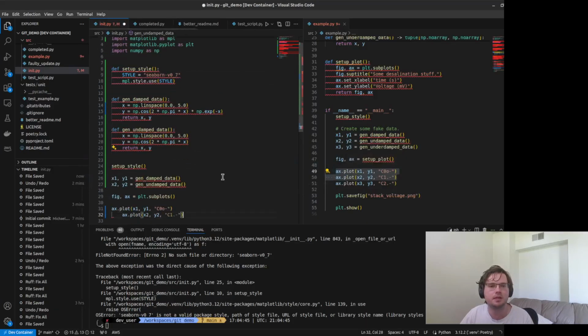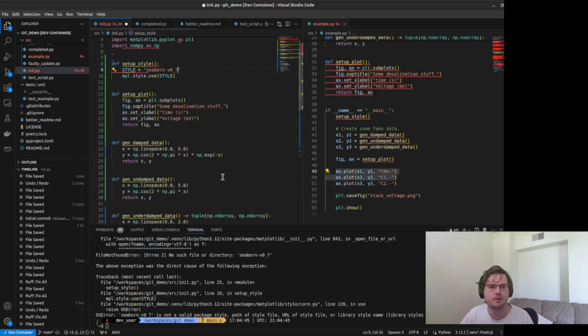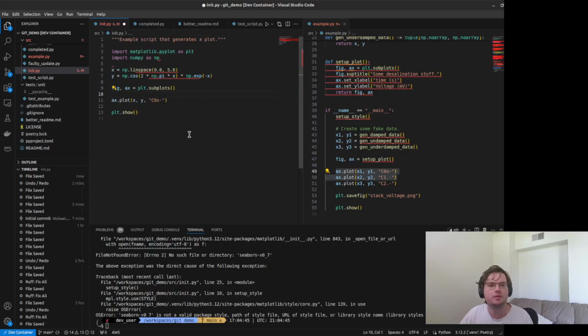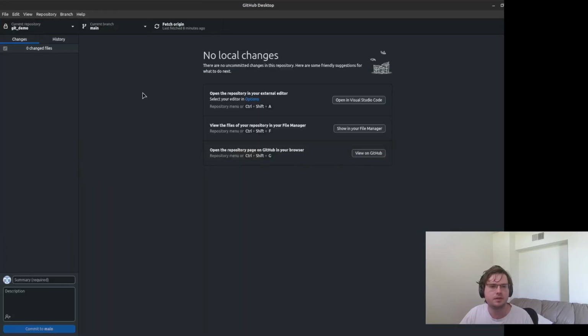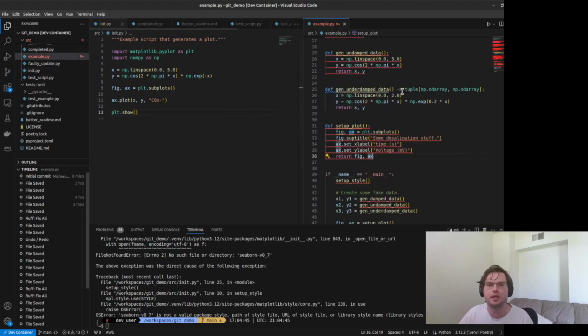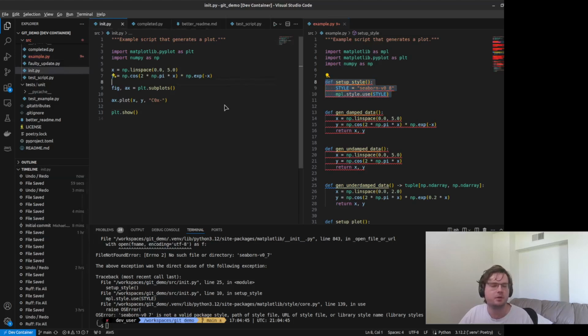So what I'm going to do is take this all the way back to where it was before. Oop, a little too far. And then I'm going to do these new changes, but as branches. So if I go back to GitHub Desktop, you can see that I'm back where I am with no local changes. So I'm on the main branch. I haven't done anything different. But now what I want to do is change the style inside this project that I'm working on.